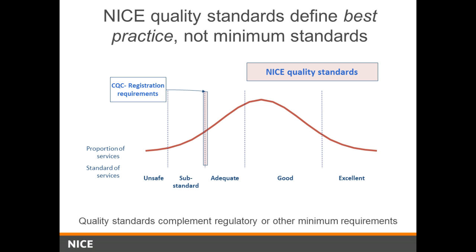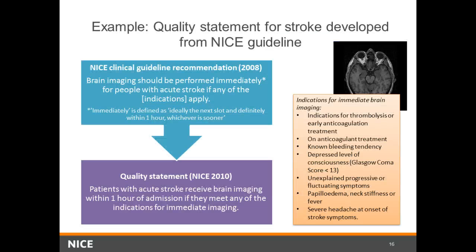So this diagram shows that NICE quality standards define best practice. So we're aiming towards the right hand side of the curve there. They don't list all minimum required standards for regulatory purposes. So to give you an example,